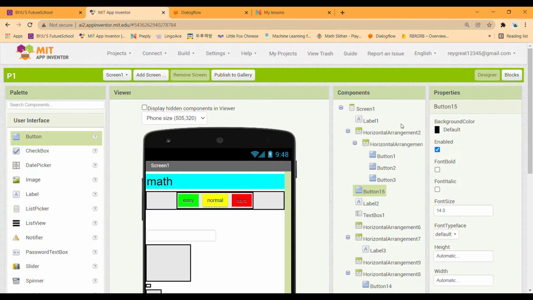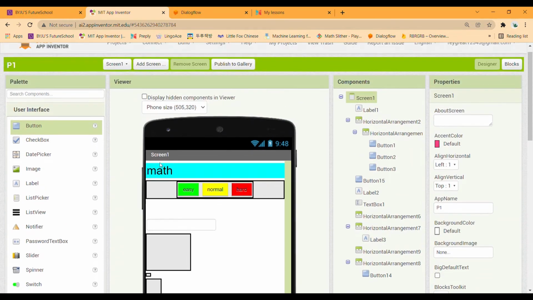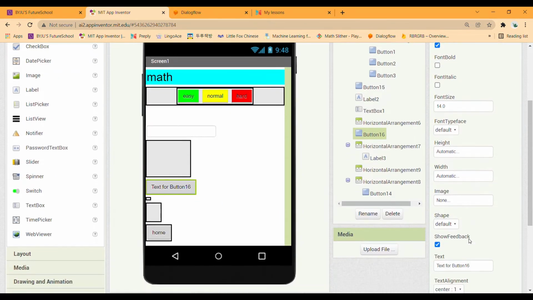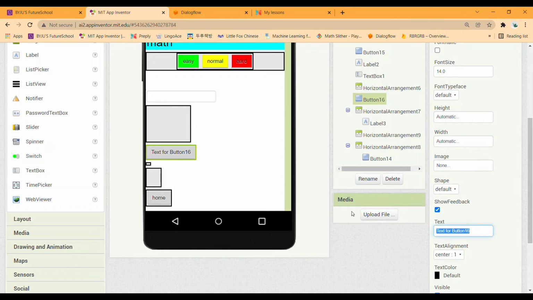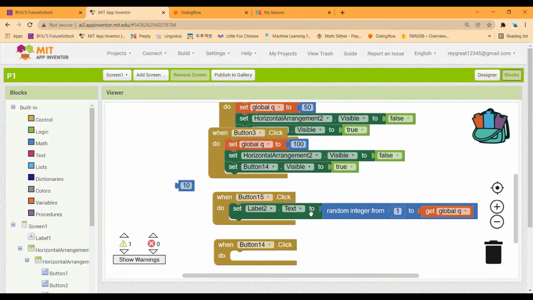Oh yeah, and then we need to add another button. Change this text to check. Go to blocks and then